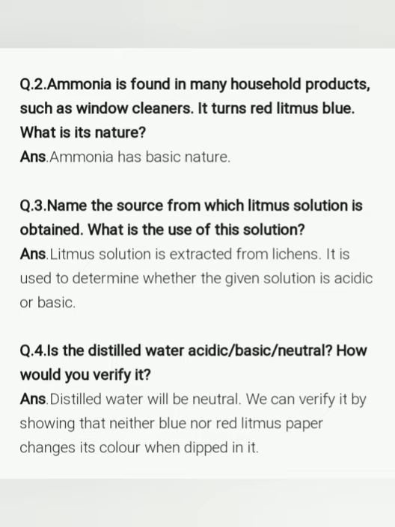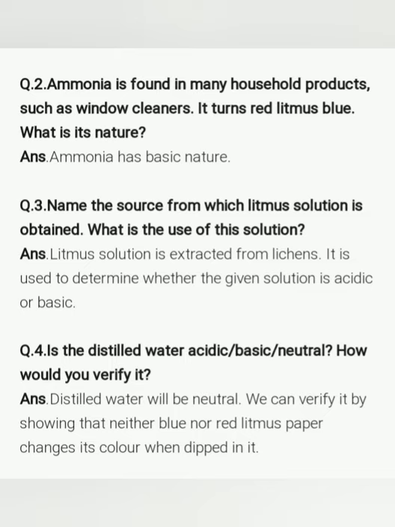Why? Because students, we have seen that litmus in a base turns to blue color. So if ammonia is changing red litmus into blue, that means it has a basic nature, it is a base. Okay,